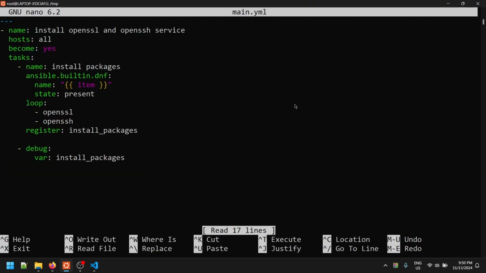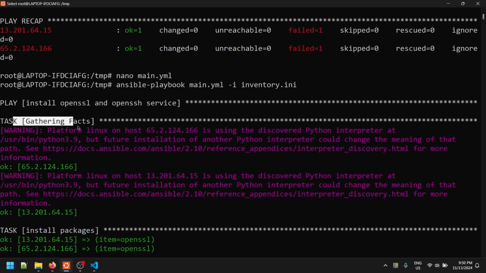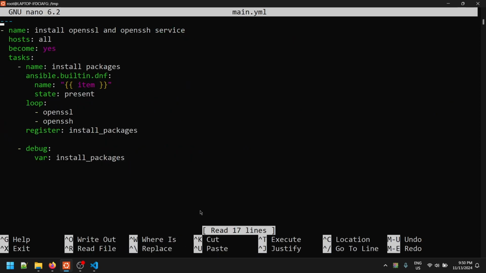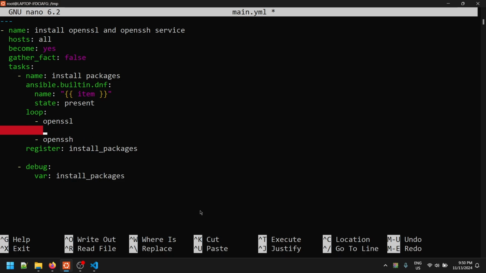As you can see, it is gathering facts, and every time we run a playbook, it will gather the facts. If you want to disable gather facts, you can go to the playbook.yaml and set gather_facts equals false. It will disable gather facts, and it will not show anything related to gather facts. So let me remove these packages and use the